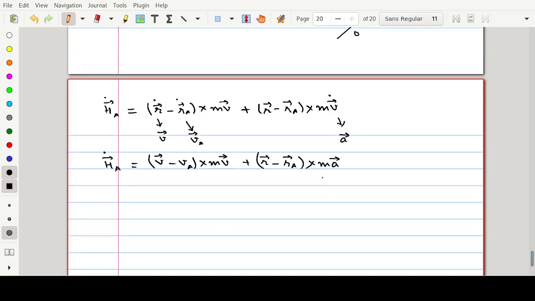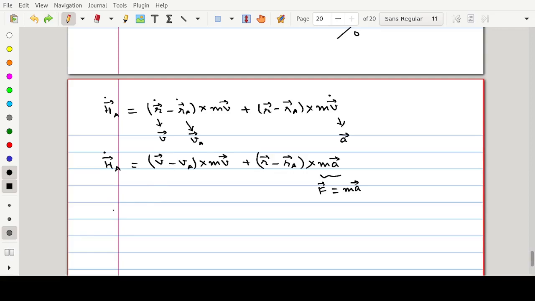Now from Newton's second law, F is equal to ma. So we will put F here, and we will open this bracket and distribute this cross product